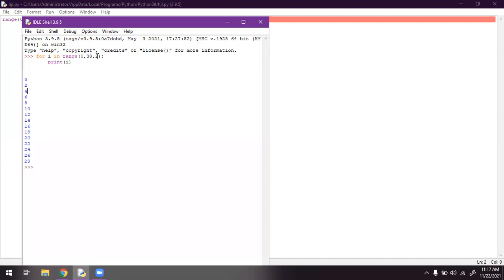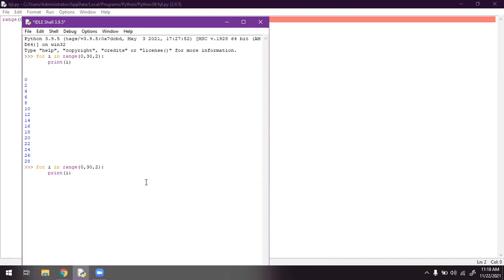Why? I'm taking step 2, so I'm skipping one digit. I'm starting with 0 and skipping the next digit. 1 is skipped here and I got 2. 3 is skipped here. It is skipped. So in order to write another one, just copy and paste this.